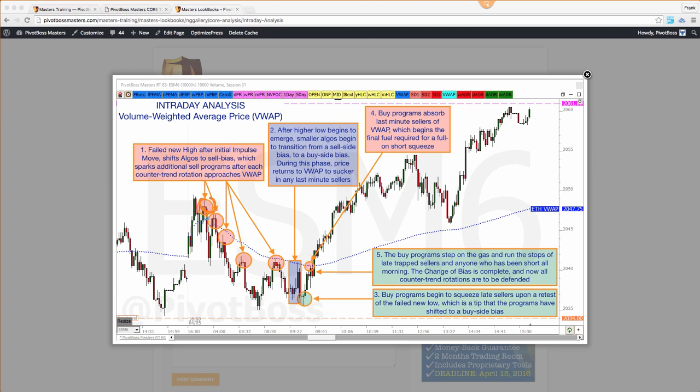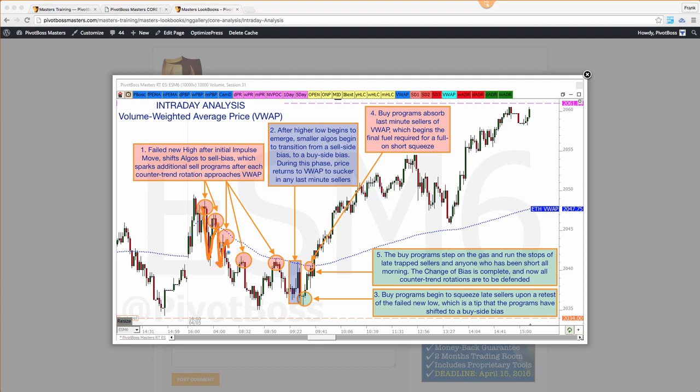And when this sell side bias pushes price successfully through that recent low and new lows are reached, then every rotation is defended and price rotates lower and lower. So what I was doing here was just showing you with these little red callouts where the algos are stepping on the gas again, because it's almost like a car. You drive, you push the pedal down, you let go of the pedal, and it slows down. Then you get to a spot where you want to push to get fast again, and boom, you step on the gas and it goes.